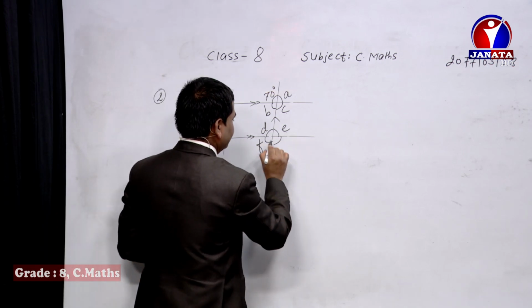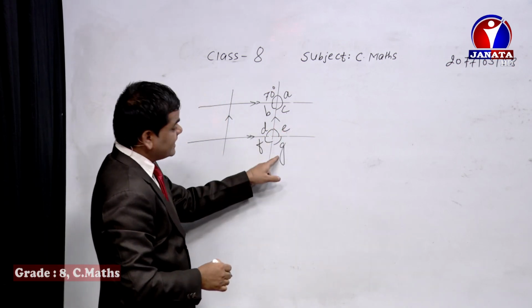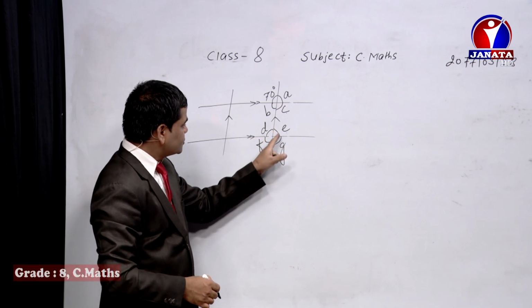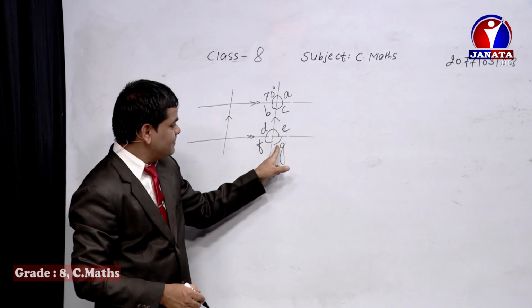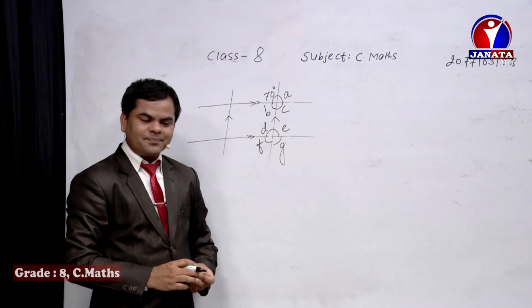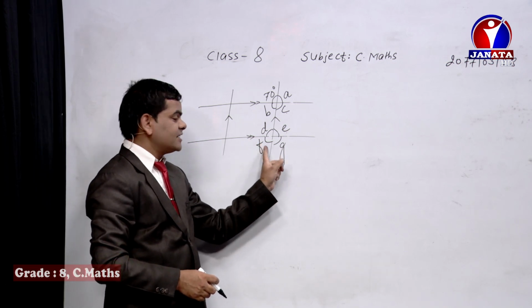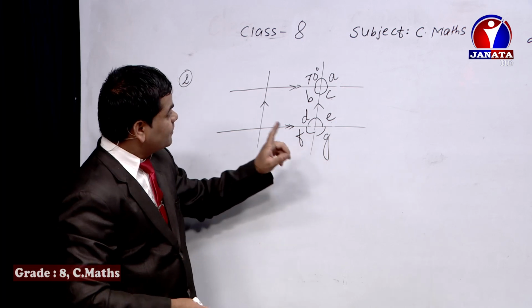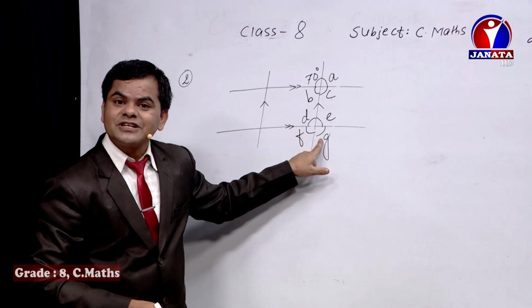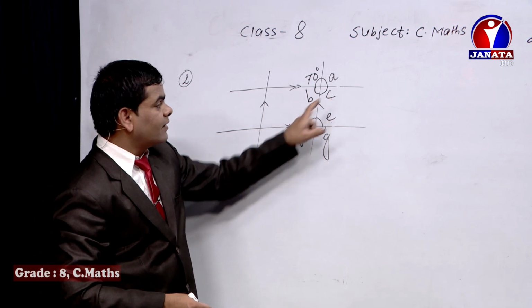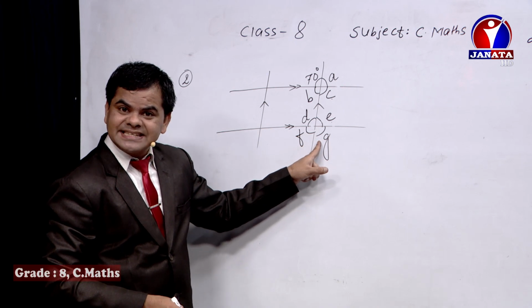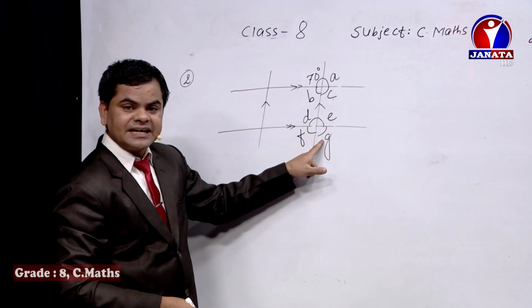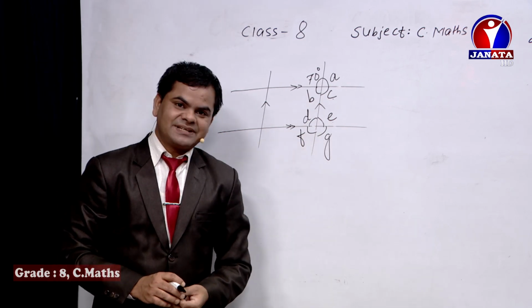Now if you want to find out the value of Z here, compare D and Z. Either you can compare D and Z as vertically opposite angles, or you can do supplementary to E and Z: E plus Z equals 180°. Another one is, as we have already got the value of F, we can do F plus Z equals 180°. Or you can compare C and Z as well. They are corresponding angles, they are equal to each other. Whatever the value contained in C, it must be equal to Z, isn't it? So 70, 70, vertically opposite angles. C and Z are equal to each other, then Z also comes as 70 degrees.